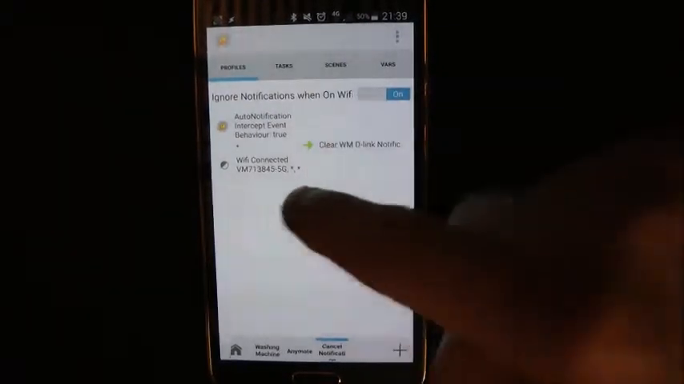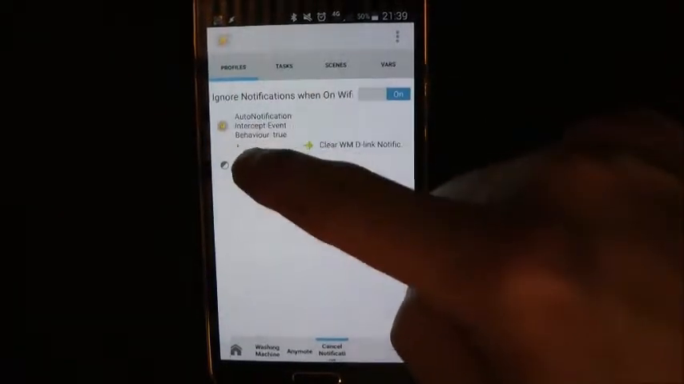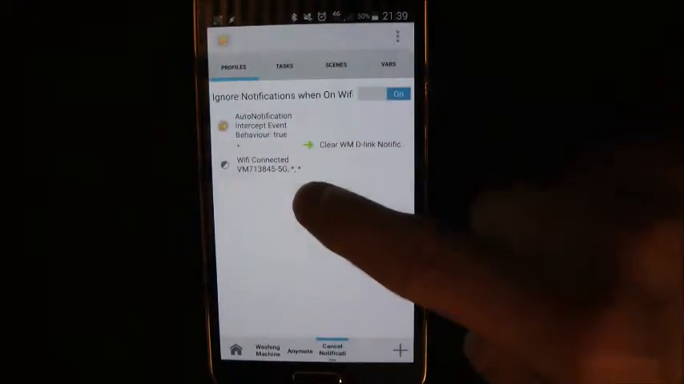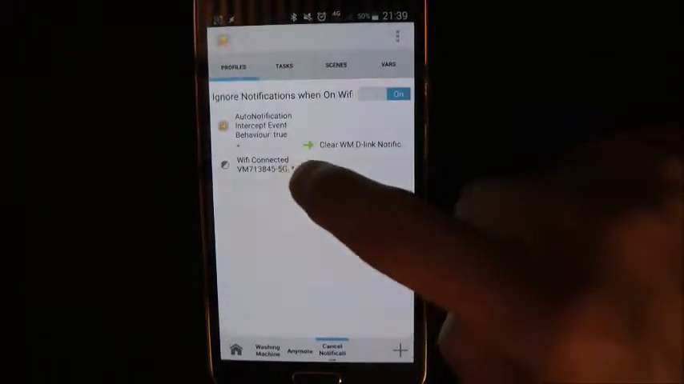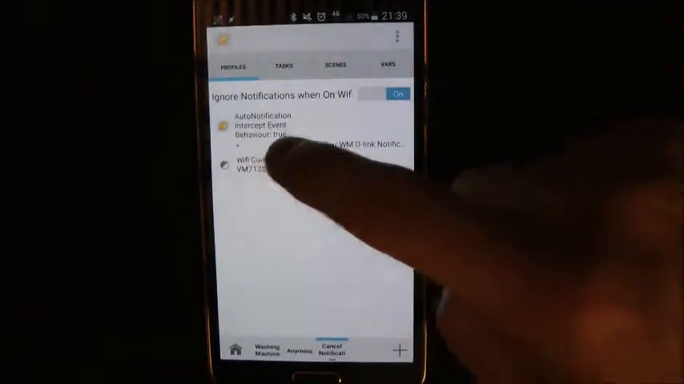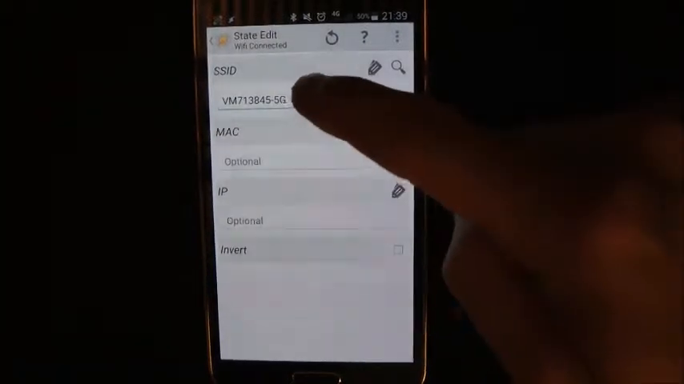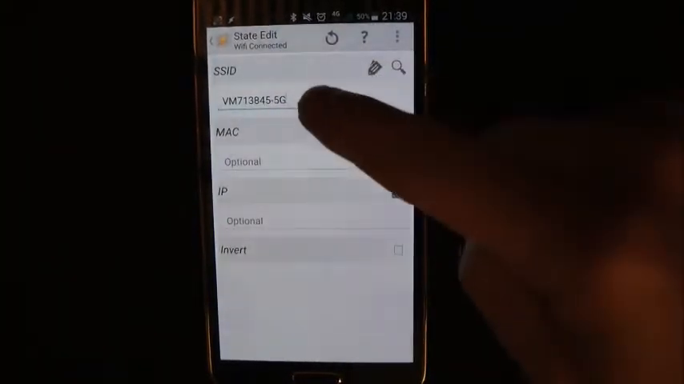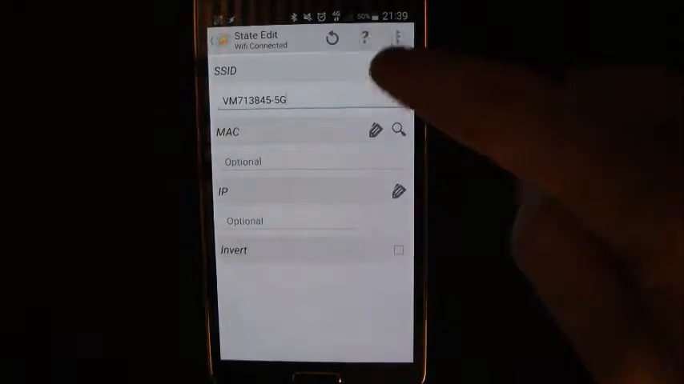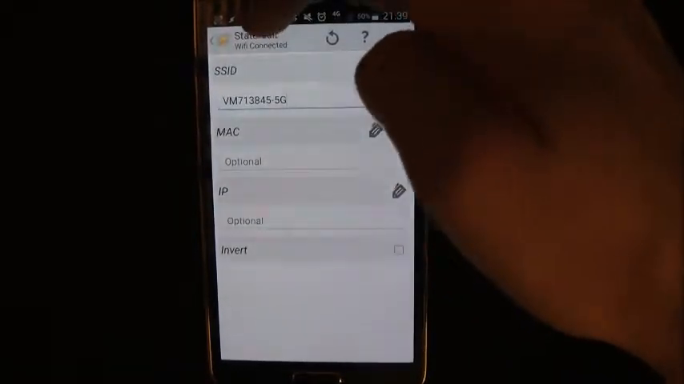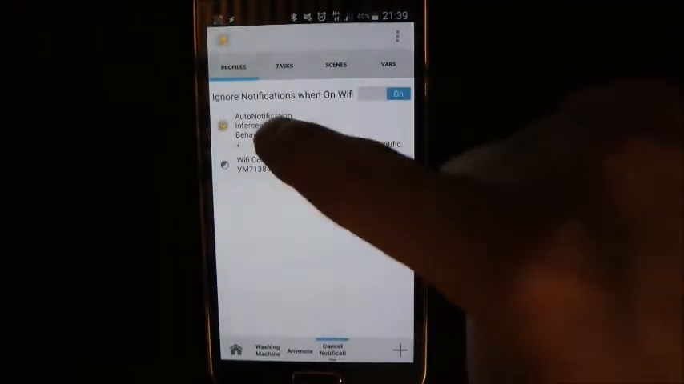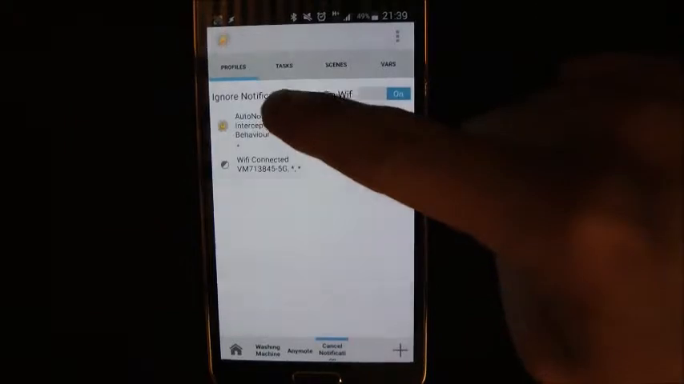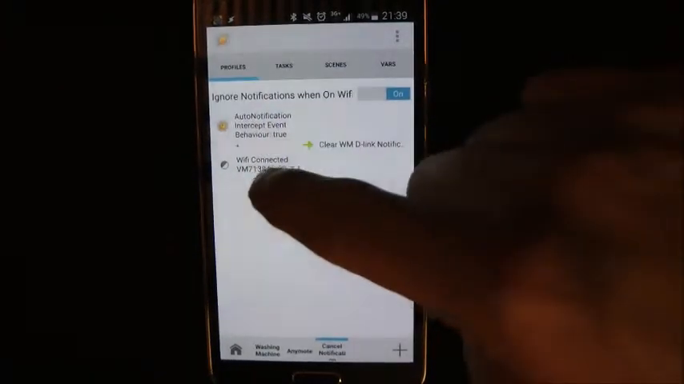will determine what happens. So you'll notice here there's a plus symbol there, and I've got a rule about it being connected to my home Wi-Fi. So if I open that, that's my SSID for my home Wi-Fi. And it's a state of being connected. So if those are both true, if AutoNotification picks up a notification and I'm on my Wi-Fi, then it